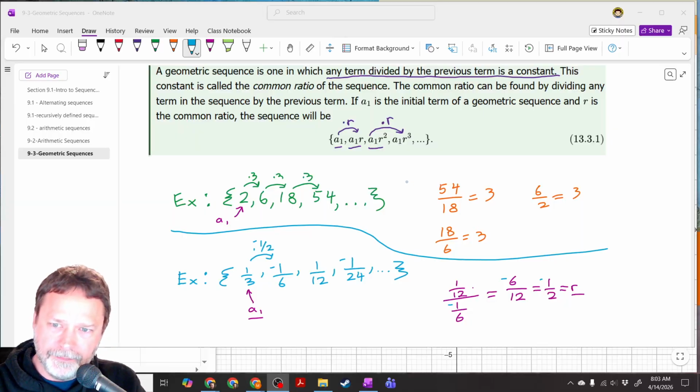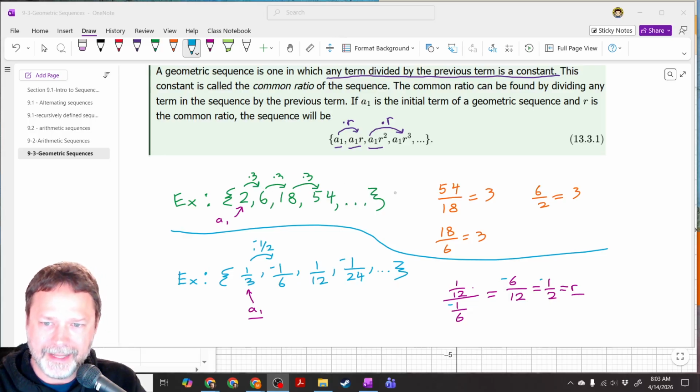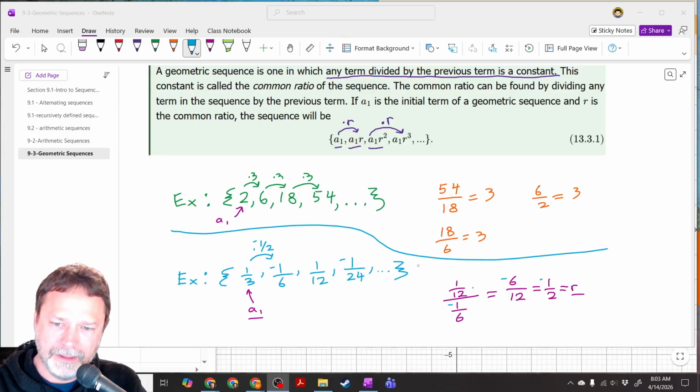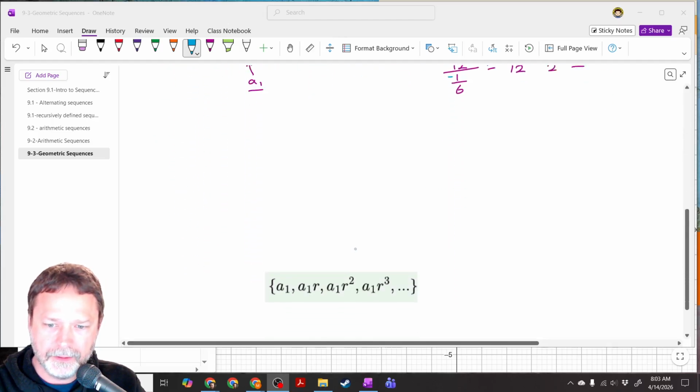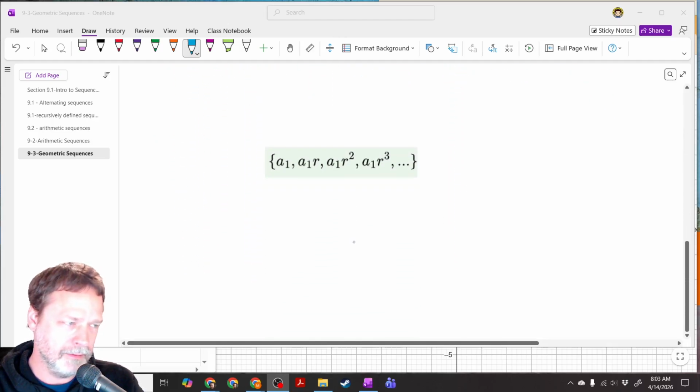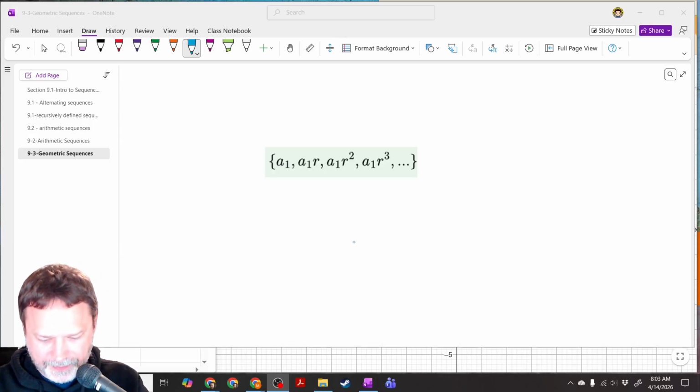So there they are. They have a common ratio. To get one term, we multiply by the same thing each time to get our next successive term. All right, and we have a couple examples here that we went over. So now what? Of course, what we always want to be able to do is to create an explicit